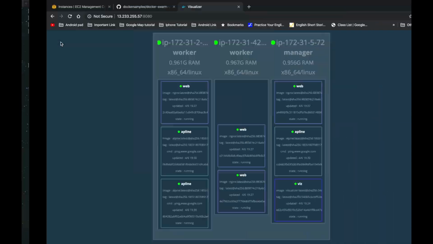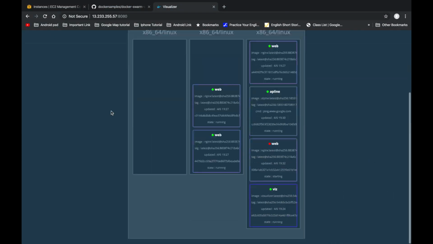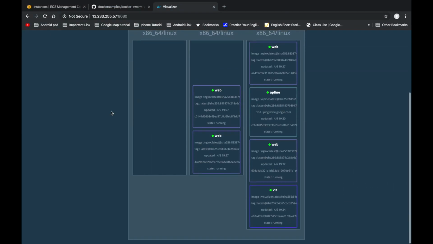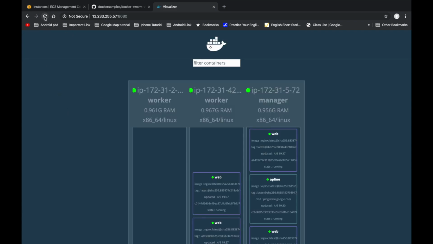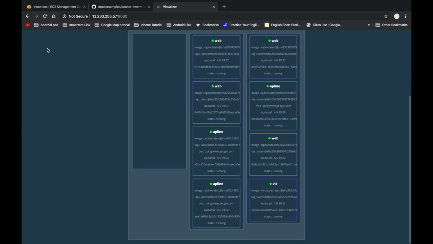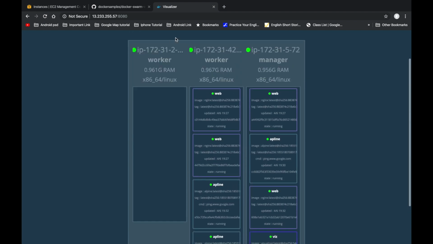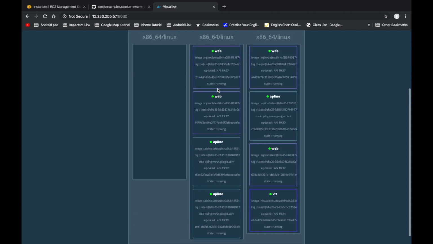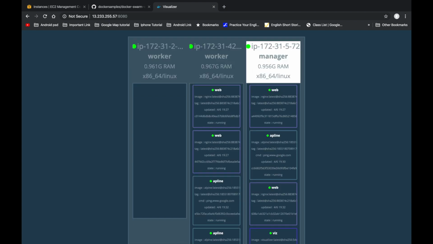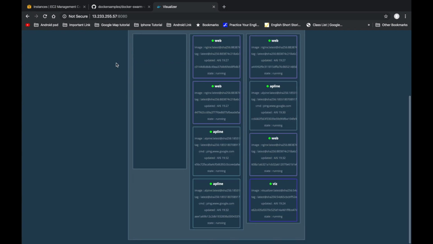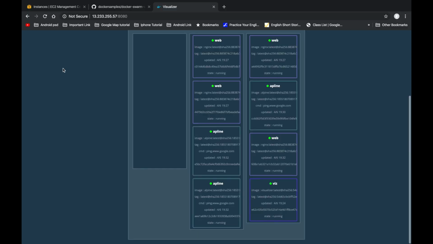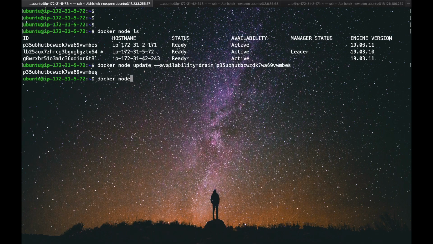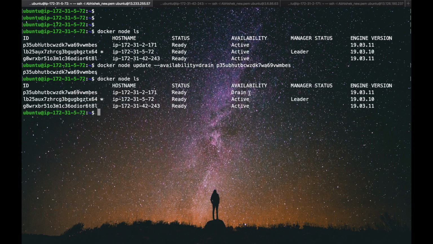Once we put any node in the drain state, all the services present in that node will shift to another node. We can see here all the services are moved to worker 2 and the manager. docker node ls, and we can see the state of the node is drain.